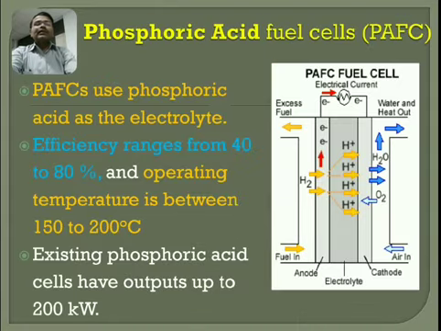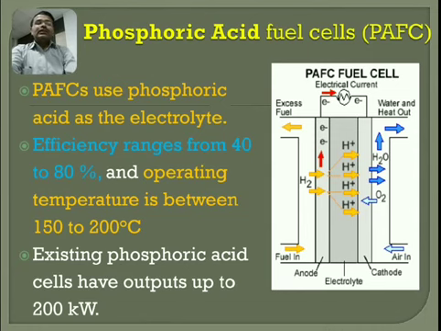So first of all, we'll discuss the phosphoric acid fuel cell. Now the diagram can be commonly drawn because the fuel is to be passed from the left hand side, that is the anode. Oxygen or air is to be passed from the side of the cathode, and in between there will be some electrolyte. The phosphoric acid type of fuel cell gets its name from the electrolyte material, because in this case we are using phosphoric acid as electrolyte.